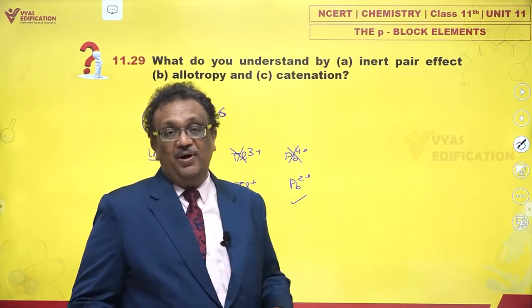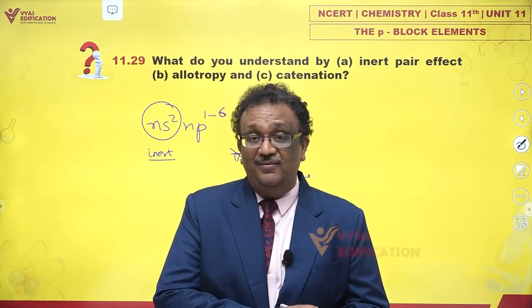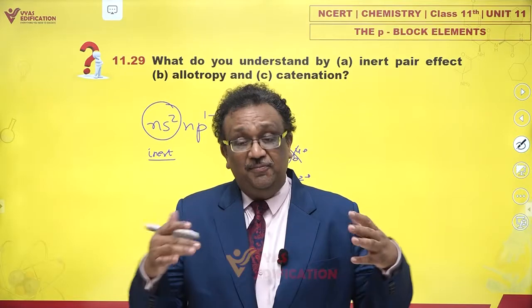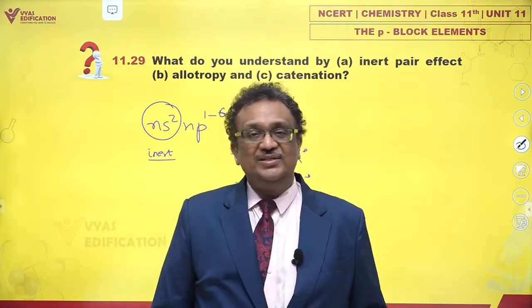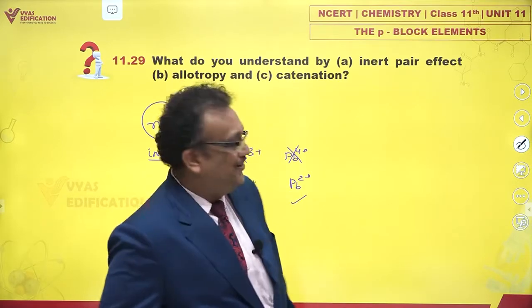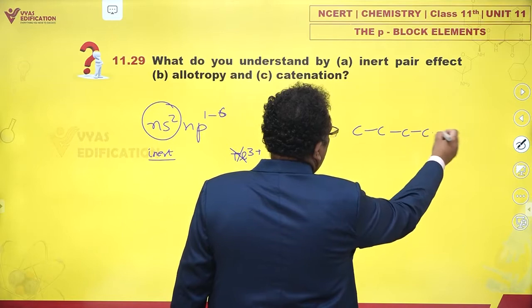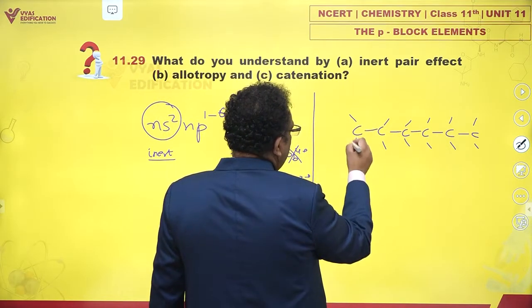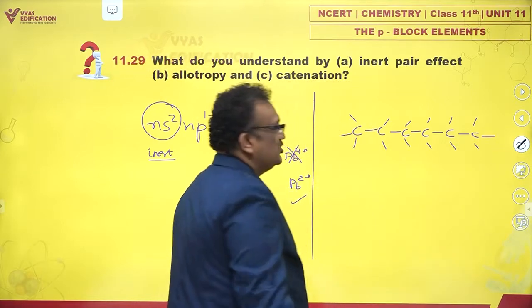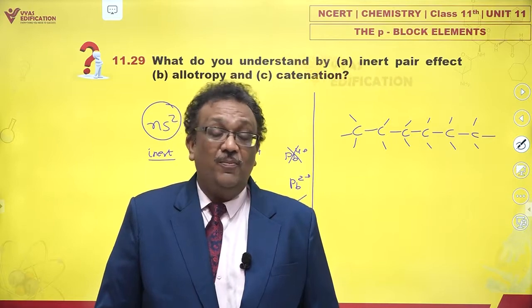Catenation, C part. The tendency of direct bonding between atoms of the same element to form long chains is said to be catenation. Master of catenation is carbon. Nobody beats carbon because carbon can just go on forming millions of carbon chains. Chains containing millions of carbon atoms one after the other, and that, my dears, is a very unique property of carbon